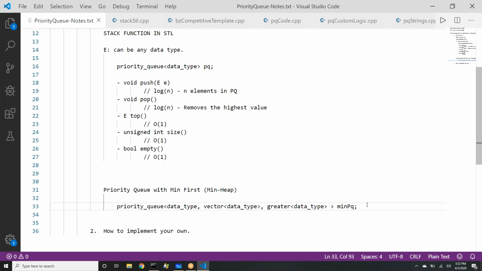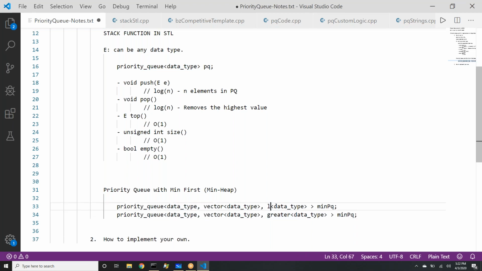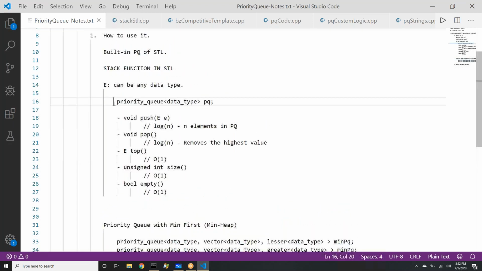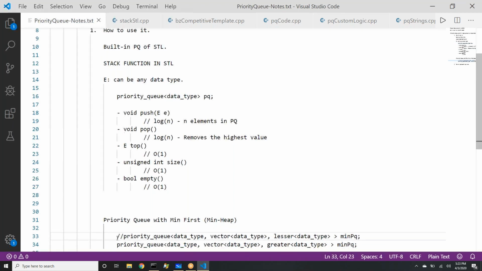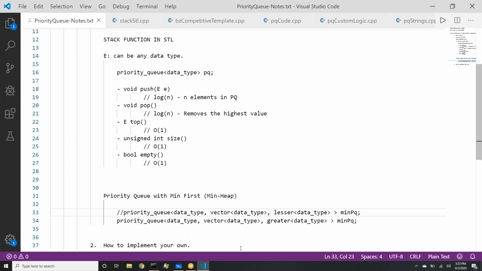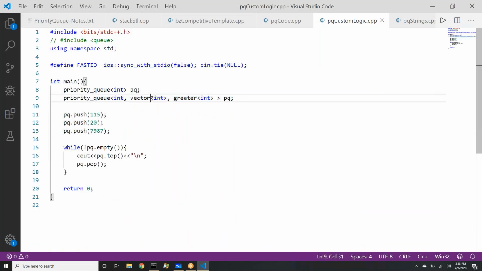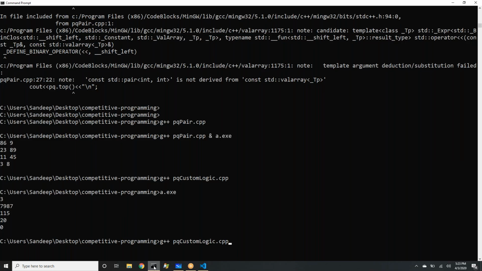Now you may ask, if greater is there, is lesser also there? Answer to that is yes. Lesser is another name for the default declaration we gave, so that's why we don't need it. This is for the default behavior. Now we are trying greater. What will happen if I just put vector of int, greater of int, and run my program?